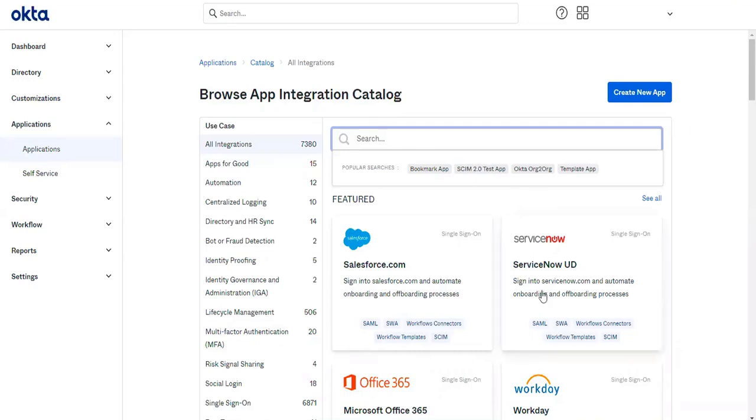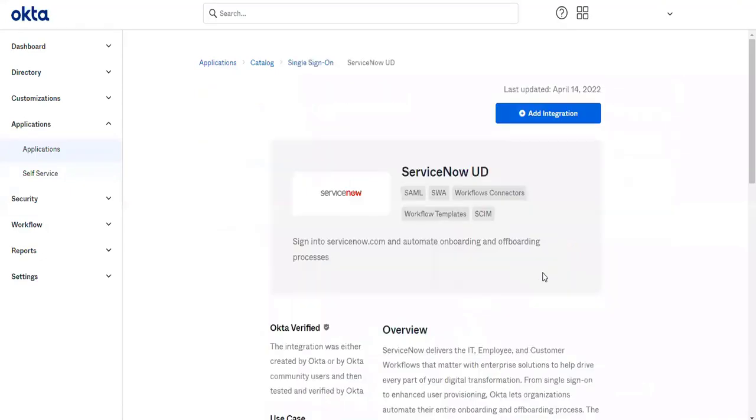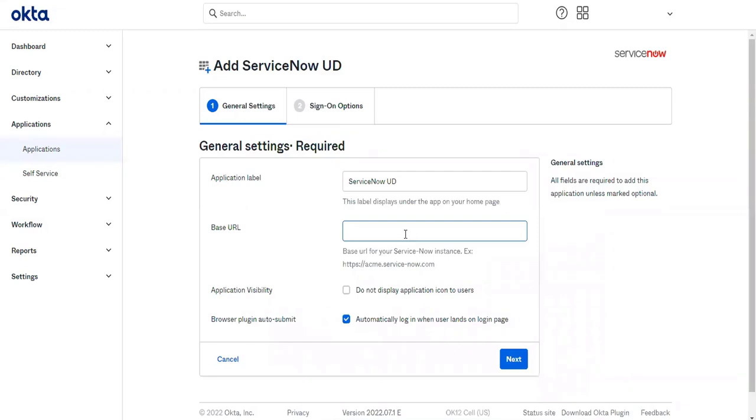Now let's say I want to integrate the ServiceNow application. Simple as that. I'm going ahead and adding the ServiceNow integration app. I'm mentioning here my organization's URL. So let's say this is my organization's ServiceNow URL. Okay, next.